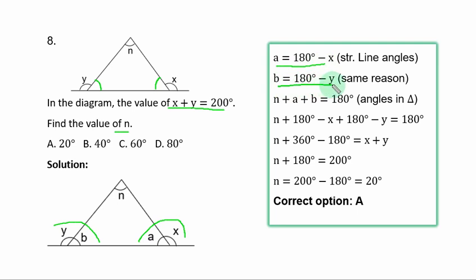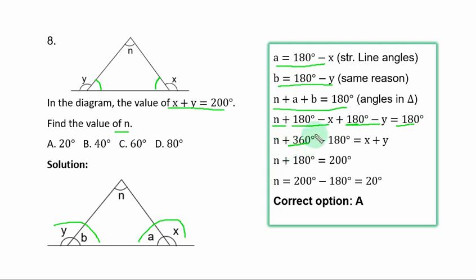So in the triangle, if you add the three angles, the sum is equal to 180 degrees. From the first two statements, n is unknown, a is equal to this, and b is equal to this. The sum is 180 degrees. So we have 180 degrees plus 180 degrees. You have n plus